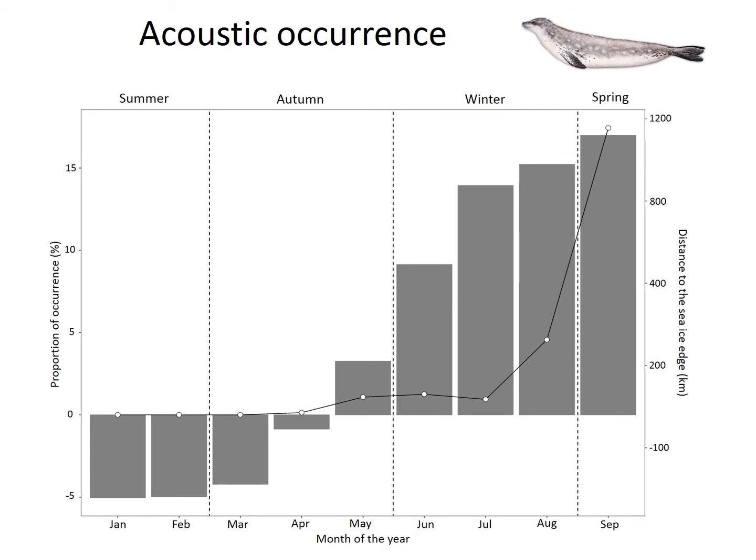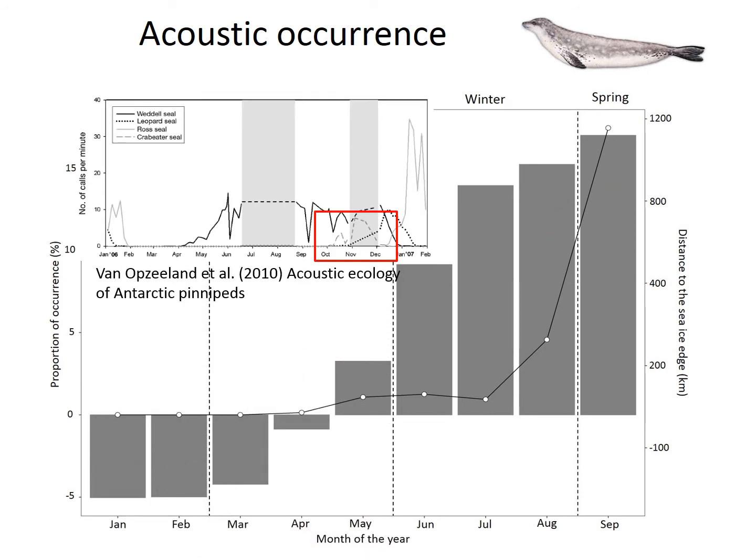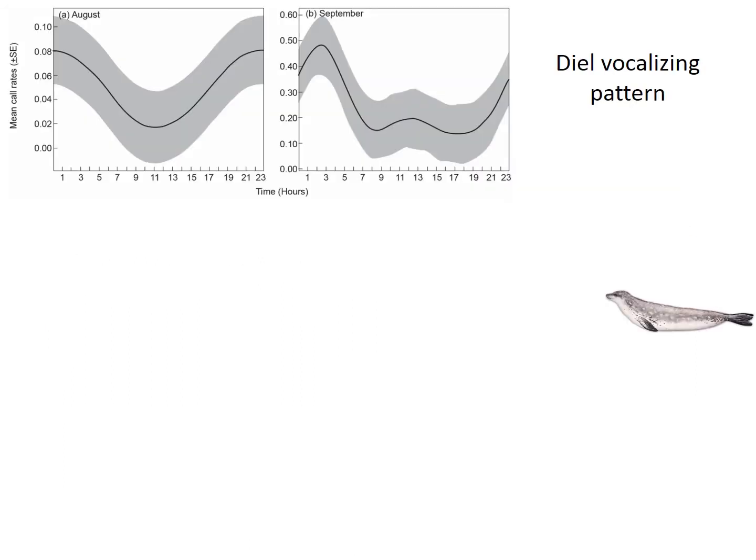In terms of the acoustic occurrence, this seemed to follow the same trend as minke whales seen in the Southern Ocean, where they seem to be loving ice. The more ice we have, that is, the closer the distance to the sea ice edge, there seems to be an increase in the number of seal sounds that were detected. And furthermore, from this work, we've seen that previous studies detected sound from October to December, and in our study we're detecting from April, earlier than what was previously detected for crabeater seals. So it was useful for expanding our knowledge about crabeater seals.